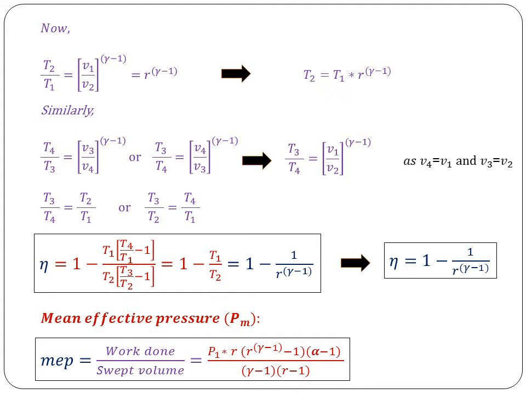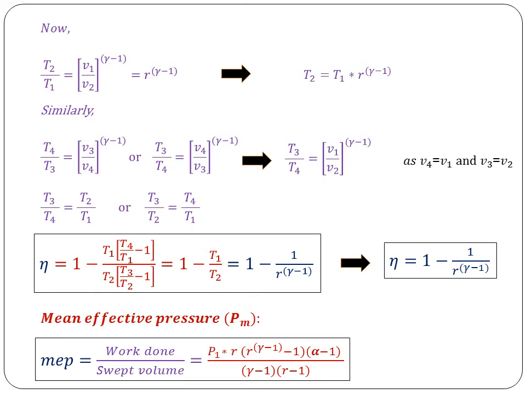So what we are doing now is we are trying to gauge the relations between the temperatures, so that finally I'll remove this temperature term and I will get an expression which is in terms of known parameters. So similarly you can see that T4 by T3, right, the process 1 to 2 is the isentropic process, which is reversible adiabatic process. So there you can apply this expression. Similarly process 3-4 is also the expansion process, which is reversibly adiabatic process.